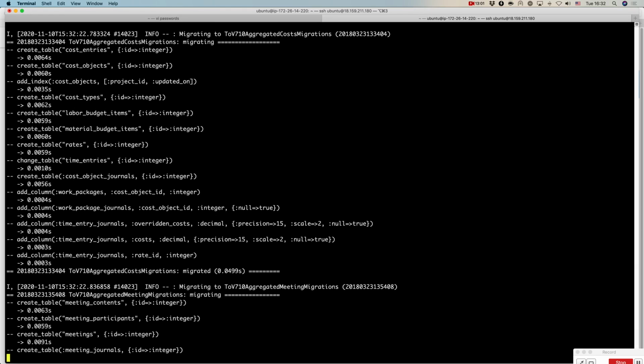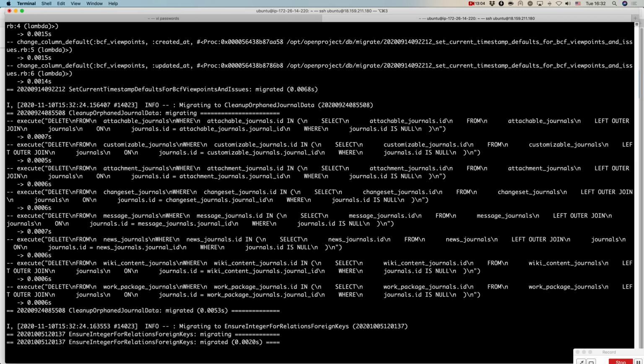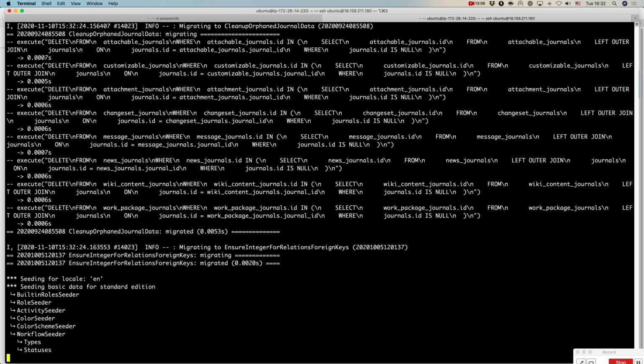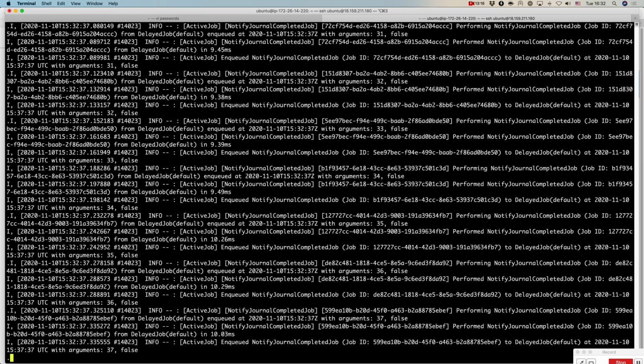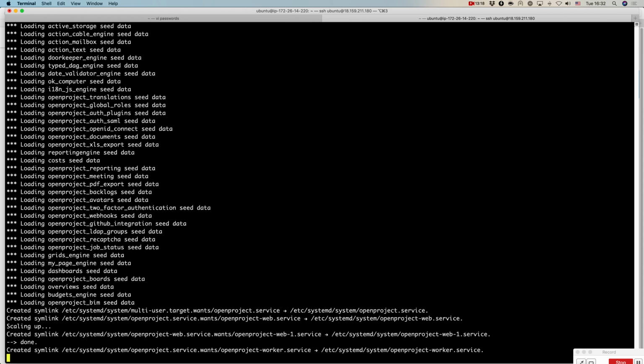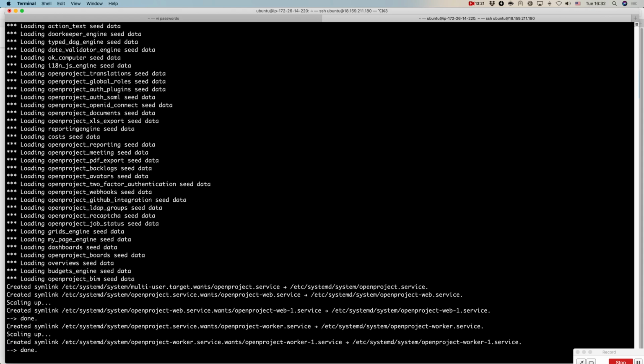So what we see now is that all the additional dependencies requested by the wizard have been installed, and then the database is migrated to the latest version of the schema required by OpenProject. And finally, the various processes required by OpenProject are started. So OpenProject has web processes and worker processes for background tasks. Okay, so now it says we are done, so we can check